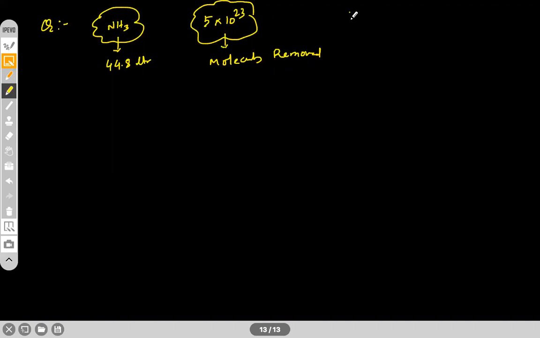Calculate the volume of NH3 left at STP. Options are given. 49.2 liter,